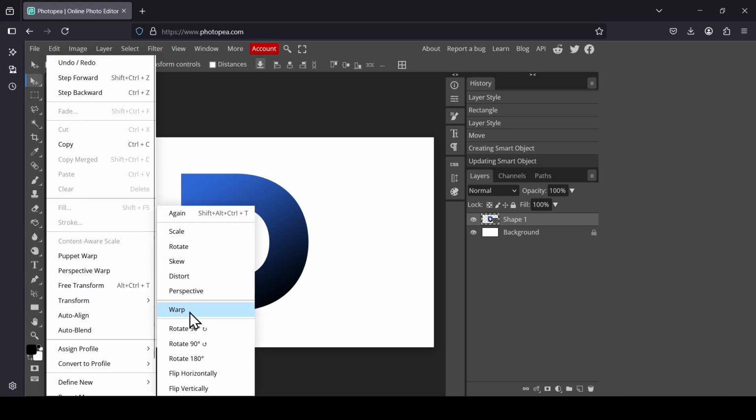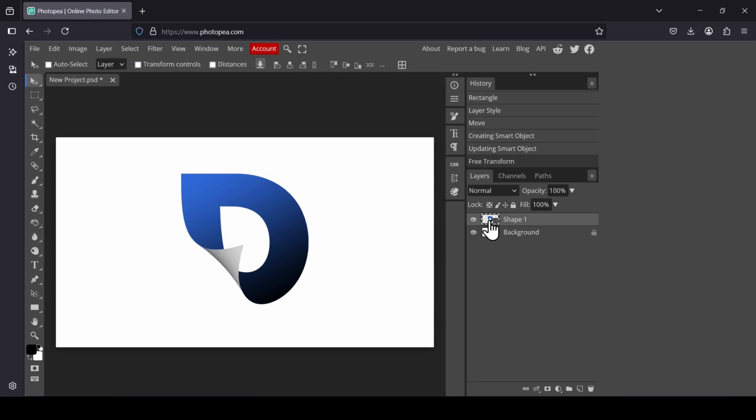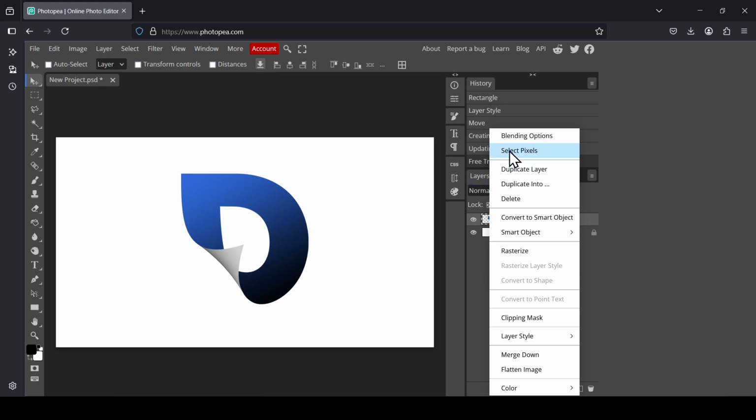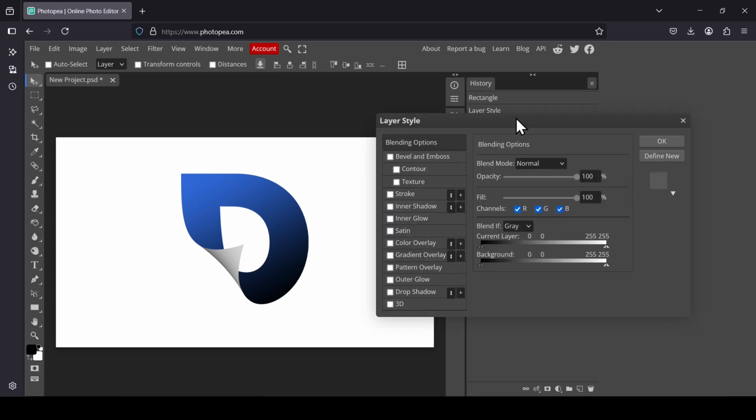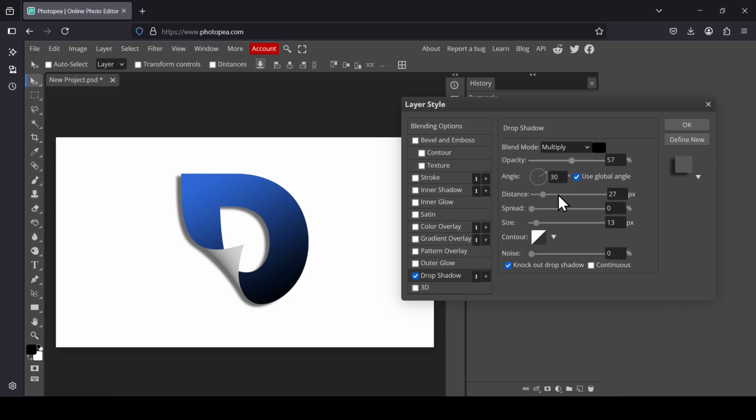transform, and then select warp, and now I'm just going to move this layer here upward, so like this, and I'll just click on this icon here to confirm, and now right click on the layer, on the text layer, select blending options, and now I'm just going to add a slight drop shadow. Once you're done, press OK,